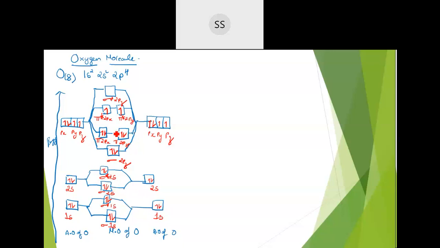Okay, if you make mistake, this and this will get cancelled, no, because number of bonding and anti-bonding is equal. So number of electrons in the bonding and anti-bonding is equal. So this will give you 0. This will give you 0. Now you check the last one because only the last one is involved in the bonding. Correct, no? These inner shells anyways, they don't participate in bonding. So with the MOT, we understand that these are over here, the bonding and the anti-bonding cancel each other and there is no bonding happening in the 1s. Okay. Now come to the last one.